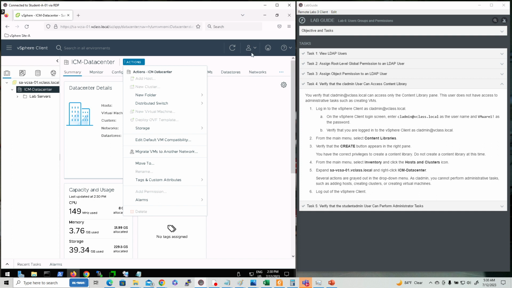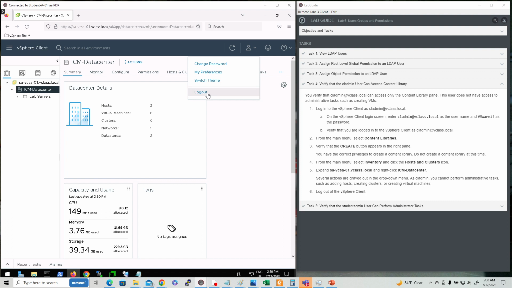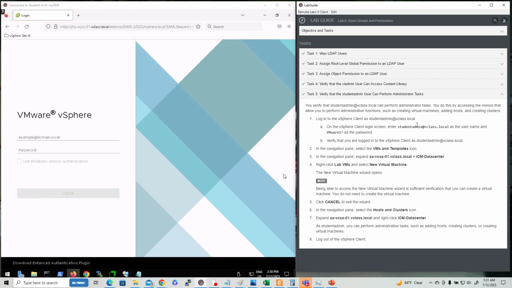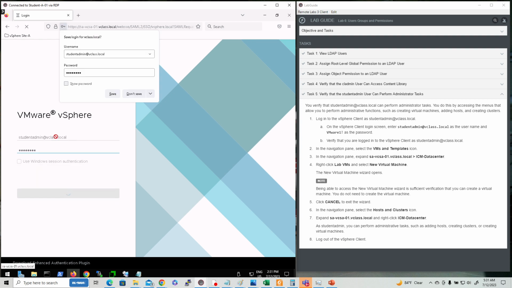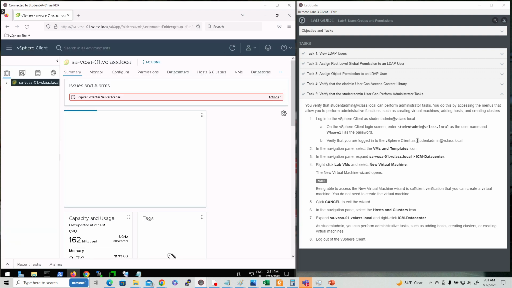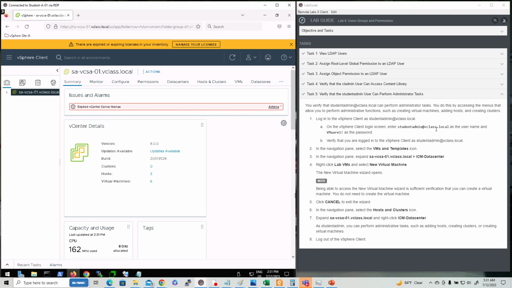Now log out of the vSphere client and verify that studentadmin can perform those administrative tasks. So now we go to studentadmin. We log in as studentadmin with the standard lab password. So I logged in as studentadmin at vclass.local,